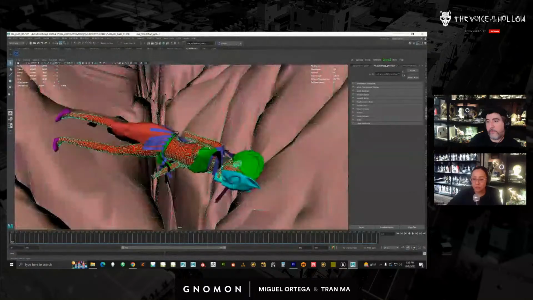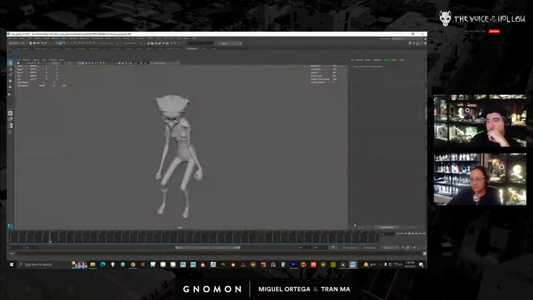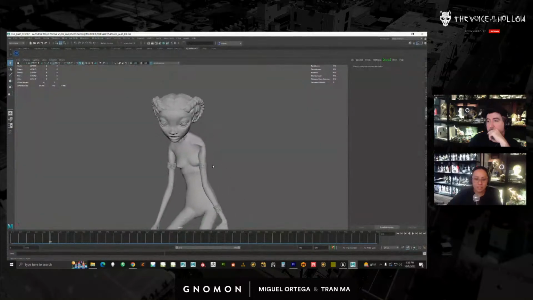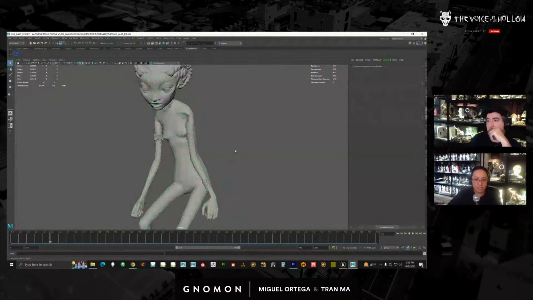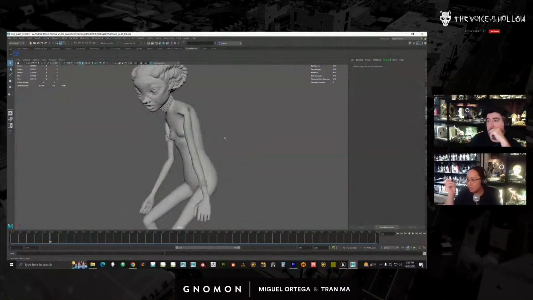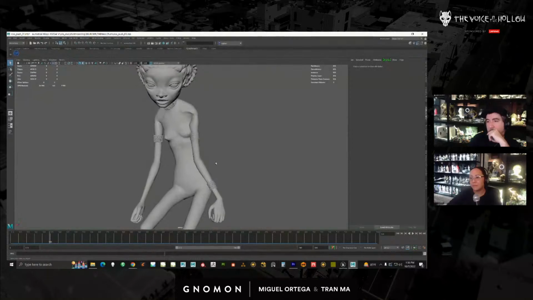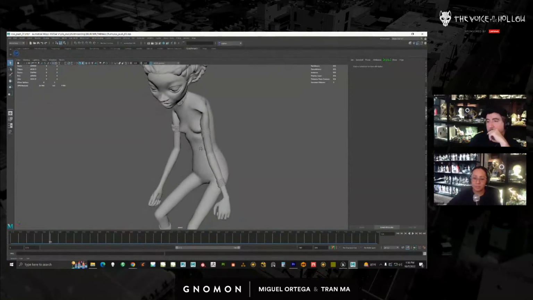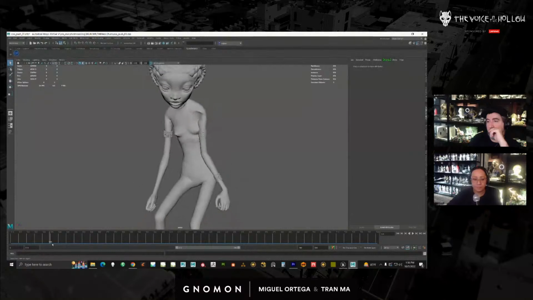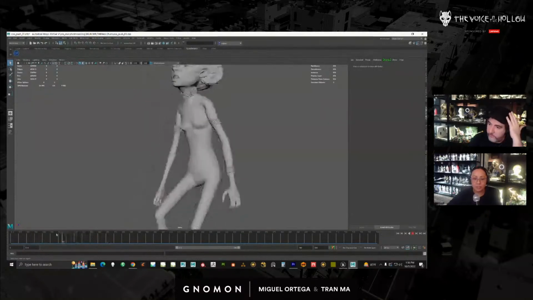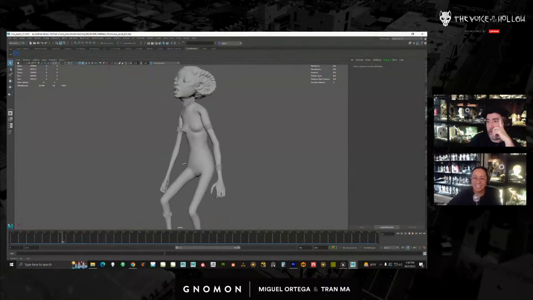So first I have to go through the usual shot correction. As far as how shot correction works for me, I'll give you an example. The stuff I deal with that makes me want to cry and why I'm so tired. So for example here, I'll get something like this. And part of it is because our rig is not very good. And so we're getting all kinds of weird pops. And it's causing a lot of trouble for everyone, for mocap, for animators, for me, right?